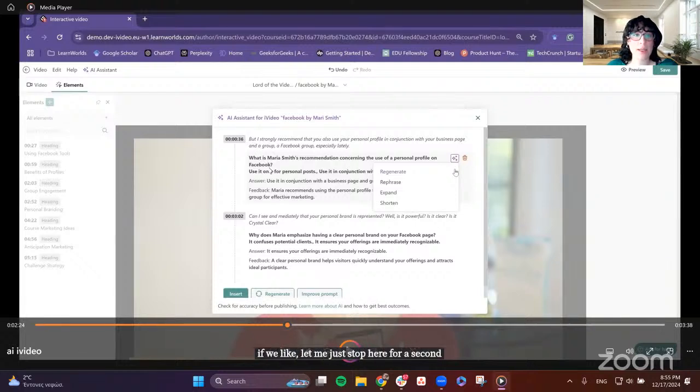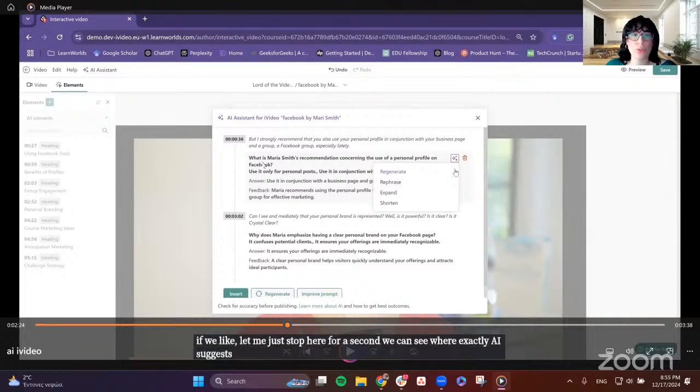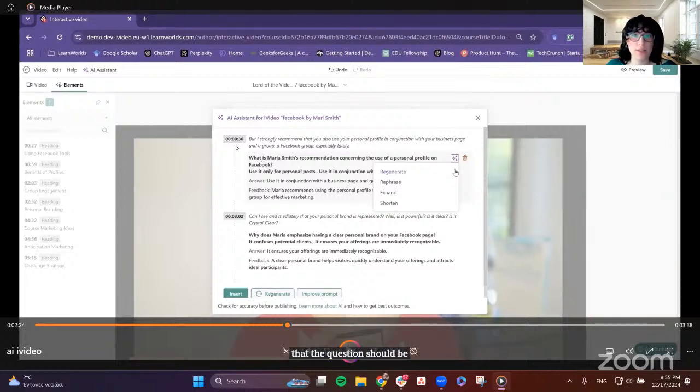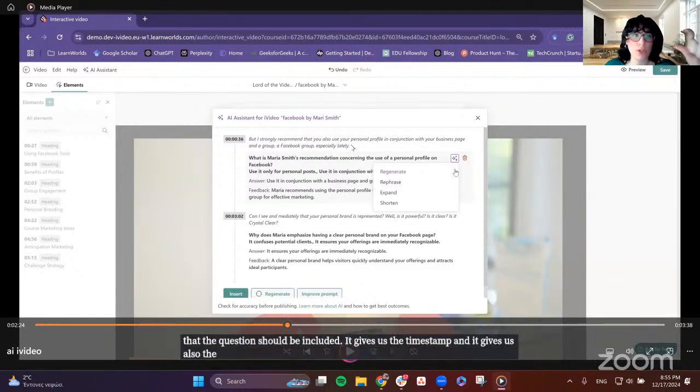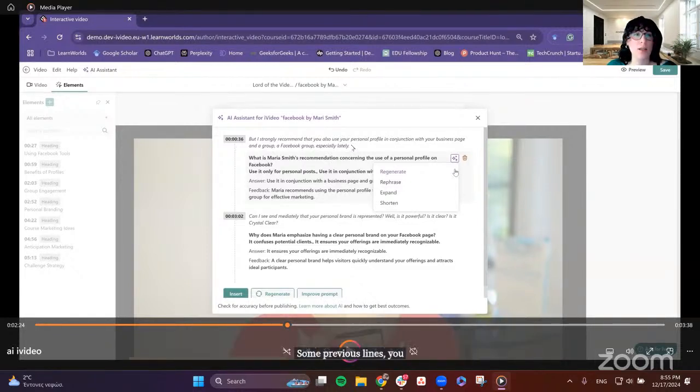We can see where exactly AI suggests that the question should be included. It gives us the timestamp, and it gives us also some previous lines from the subtitles where this question is relevant. We can read them, of course, and if we're not satisfied, we can regenerate, rephrase, expand, or shorten.